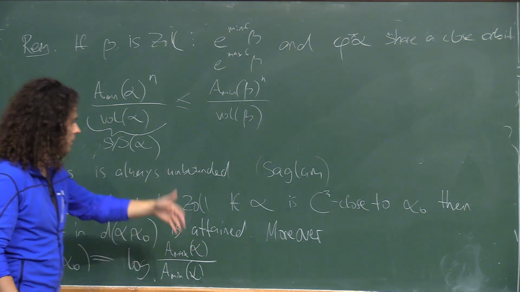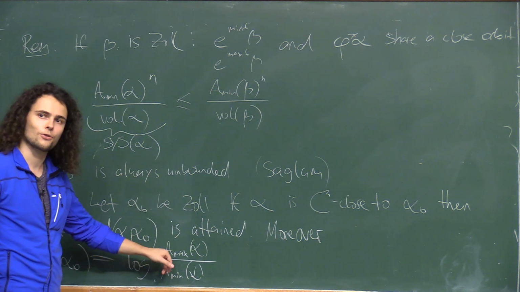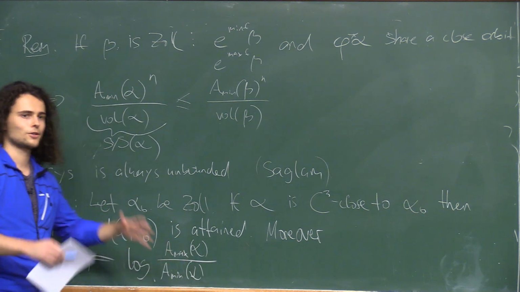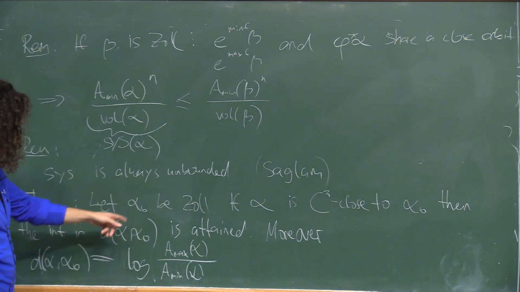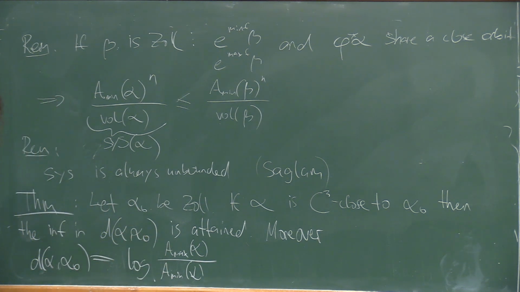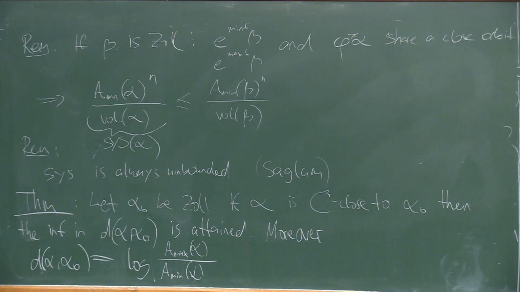So that would be the long orbits. And then I can just take the longest action of a short orbit, and that's this A max quantity. So I look at all the orbits that look very close to orbits here. That's the short orbits, and then I have this ratio, and actually the infimum is attained, and we have this equality here. Okay, so we have interesting situations where the infimum is attained.